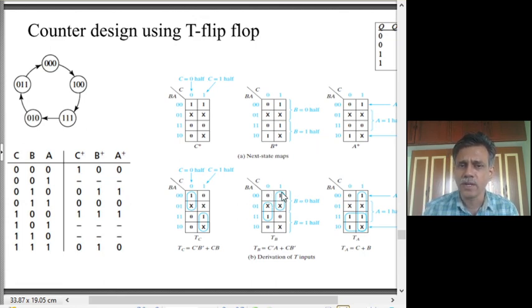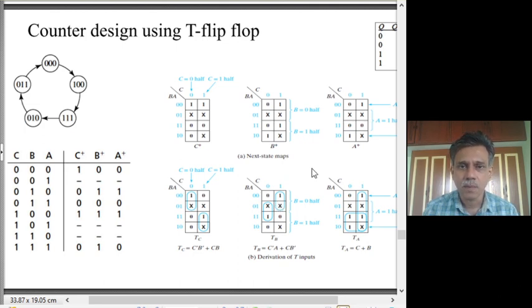So how are you going to fill it? I am going to use the principle blindly, without even worrying about what this bit in C plus, B plus is, whether it flips and all. We simply apply this rule blindly. That is, the B is equal to 0 half K map of the B plus is the same as the B is equal to 0 half K map of TB. So this K map is simply copied here. That is 0, 1, X, X is copied as 0, 1, X, X.